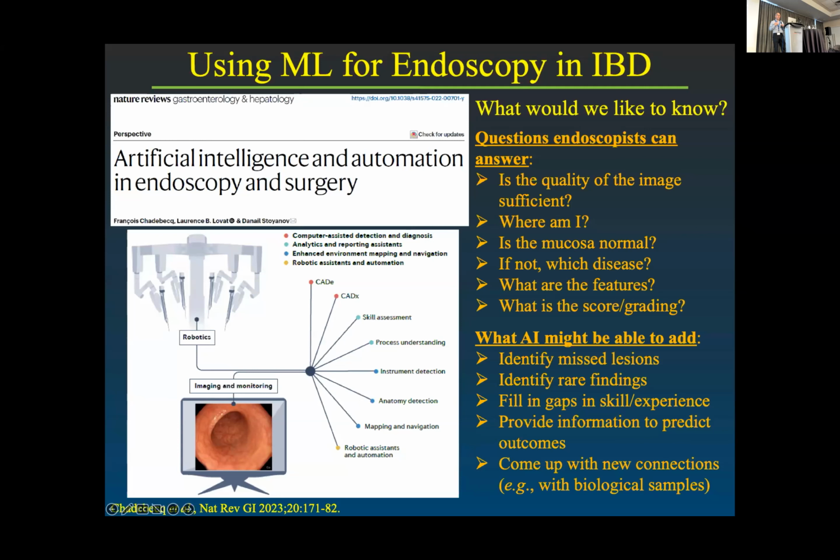So for example, again, going back to the microbiome, microbes live in the gut in many cases in what's called biofilms. So these are communities where they kind of grow together and protect themselves from the environment. We can't physically see this, but I'm quite convinced, and there's one paper supporting this, that on endoscopy, there are changes in the image quality and appearance that will reflect these changes in the microbial community. So things that we can't see with our naked eye, I believe that the machine will be able to see. And that's one of the goals that we have in the next project.